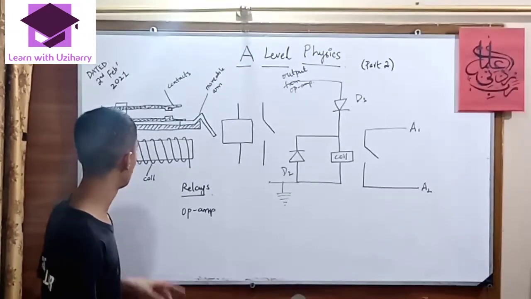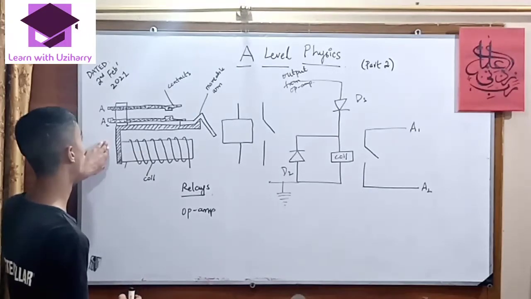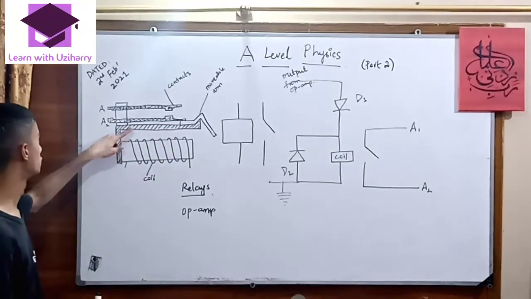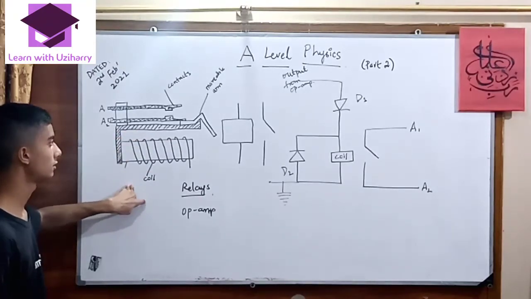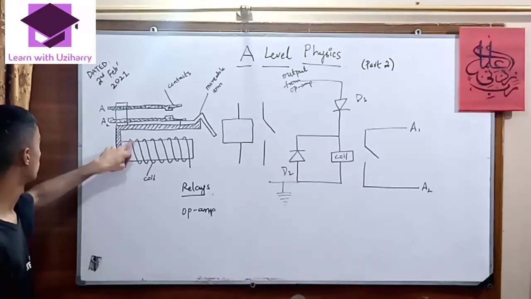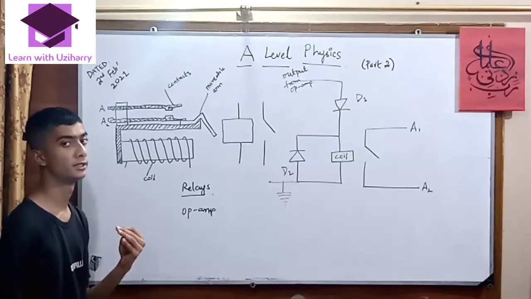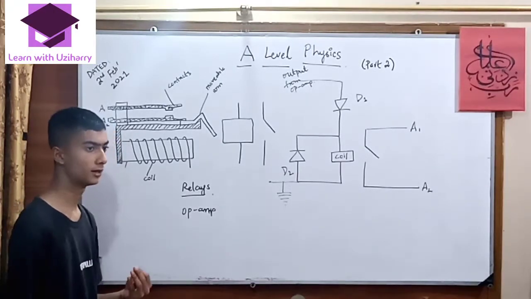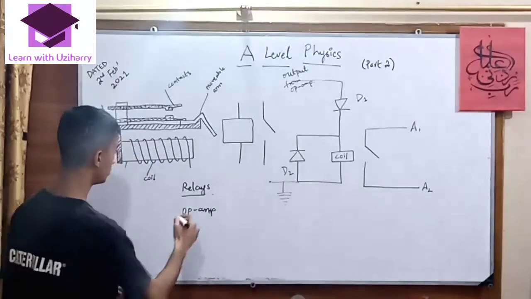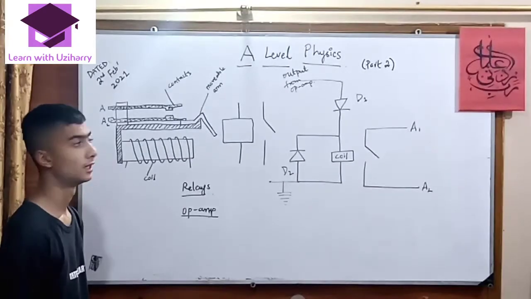Okay, first of all we have relays in our topic, and there's a diagram of the relay showing how it works. First of all, A1 and A2 are the contacts of the relay, and this is shown as a movable arm, and this is the coil. The relay is made up of the coil, contacts, and movable arm, and it is used as a switch in which electromagnetism is provided to the coil and it generates current.